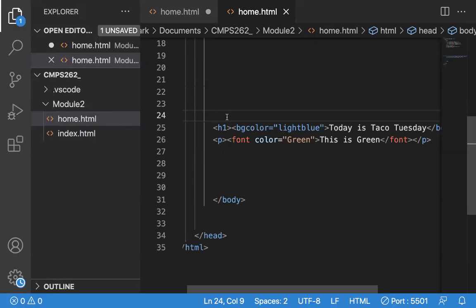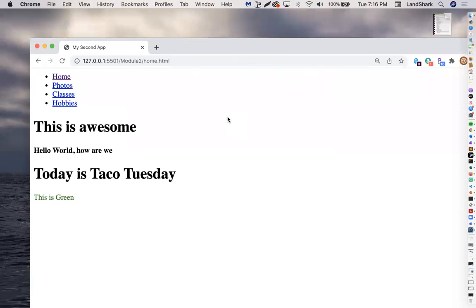What is your background on, say, any heading? Like if I go back over to this right here, which is "today is Taco Tuesday," what's the background? White. So it really doesn't have a way to just put a border around that and make that border whatever color you want, because it won't recognize that reference. If we made it BG color, then it's going to make the whole background that color,